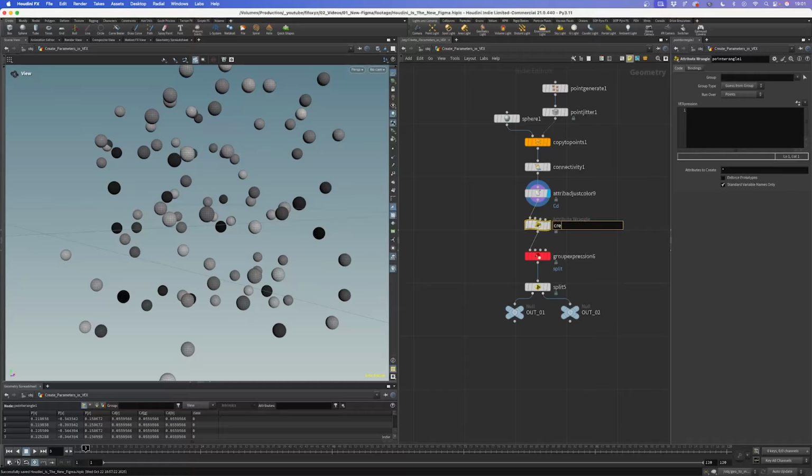And we name this create threshold. And in here we will create, bear with me, it's just a single line of VEX code to set up our slider. So I want to have a float attribute. So I will say f@threshold